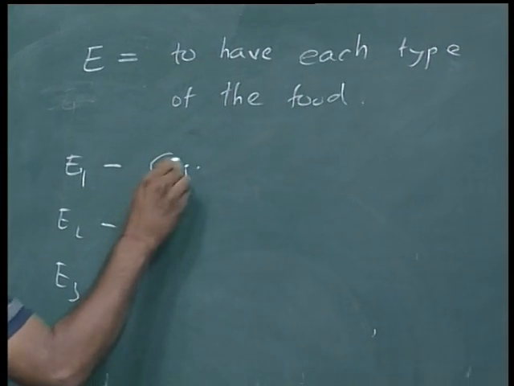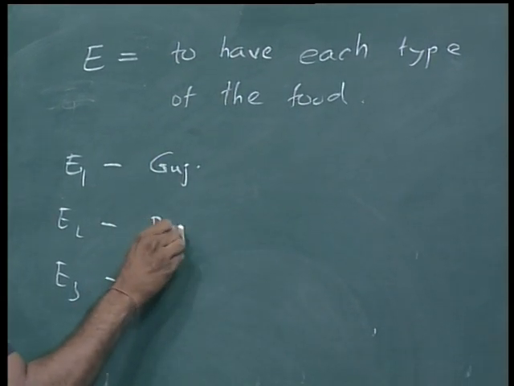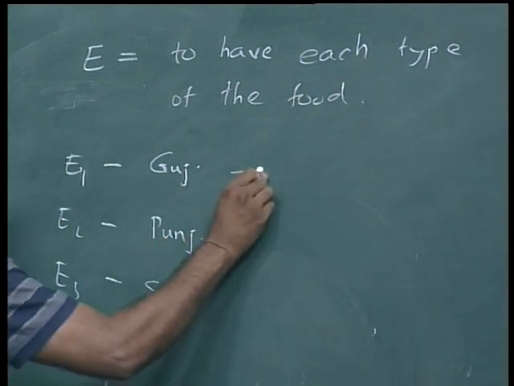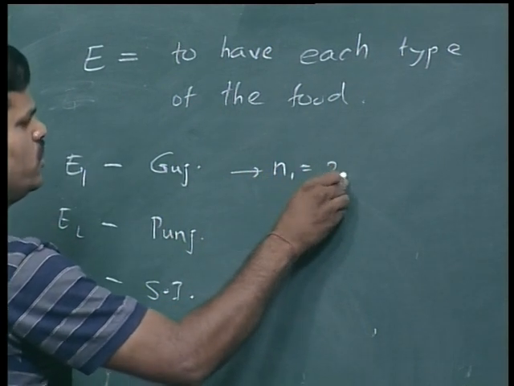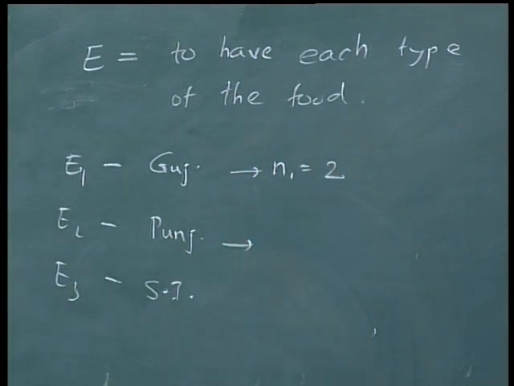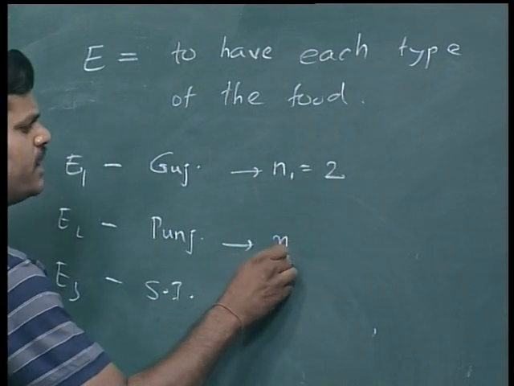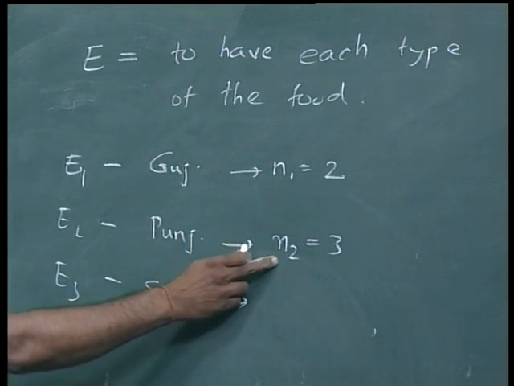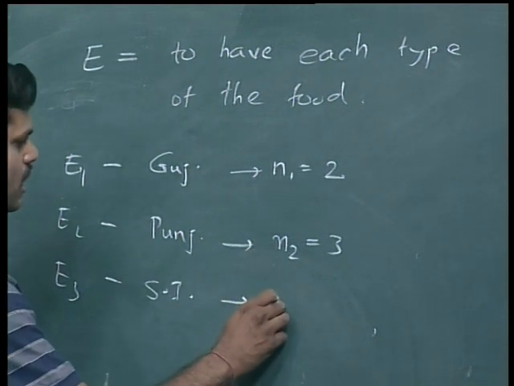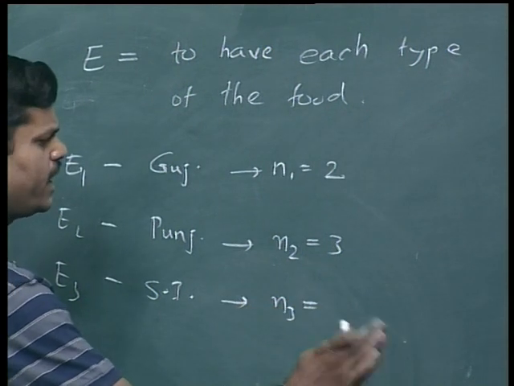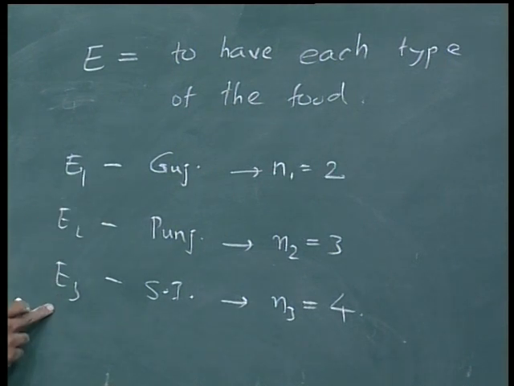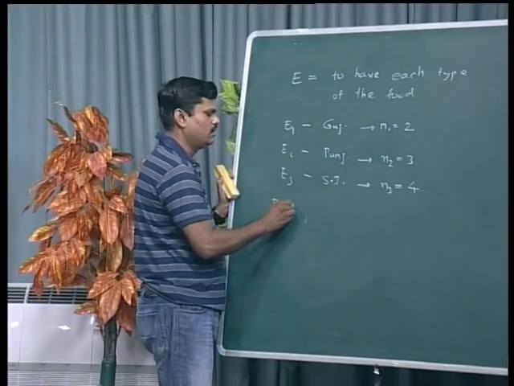Gujarati food, selecting Punjabi food, and this is for selecting South Indian food. Okay, and you know this can be done in n1 equal to 2 ways. There were only two Gujarati items, Dhokla and Khamal, and for Punjabi there were 3 items. What was that? Khoya Kaju, Paneer and Veg Kadai. And for South Indian we have 4 items, and I want to select one item of each of these 3 different types of foods. So here I can use multiplication rule or multiplication principle.